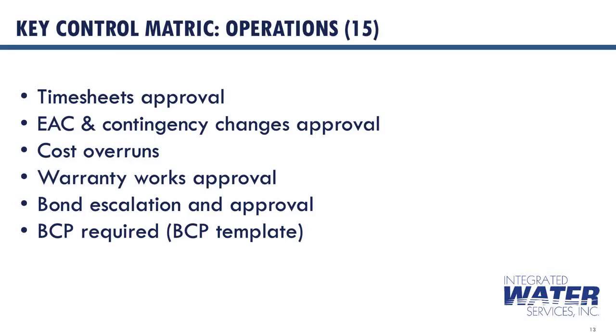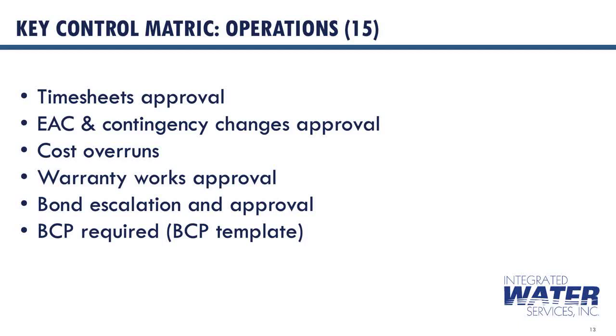Timesheets must be submitted promptly and require approval from at least a superintendent level. The approval signifies that the hours reported are accurate and relate to business activities. The estimate at completion, EAC, is set using the project execution manual methodology and is approved by the executive leadership team as part of the bid review process. Any changes to the approved estimate at completion require executive leadership team approval to make sure any cost overruns are properly managed. In that sense, any additional cost overruns require CFO or VP Finance approval.